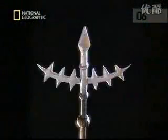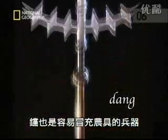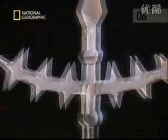The dang is another weapon that is easily disguised as a farm tool. Only the